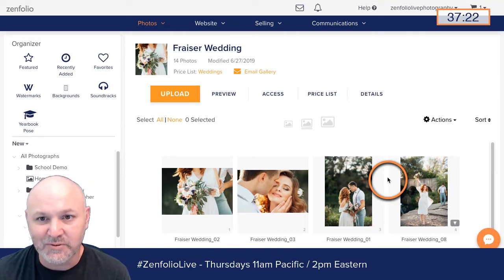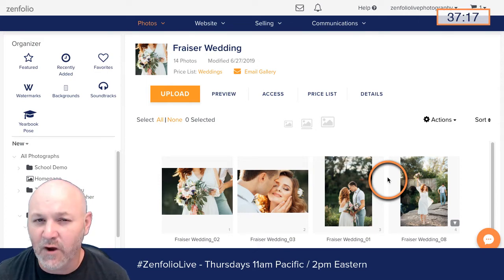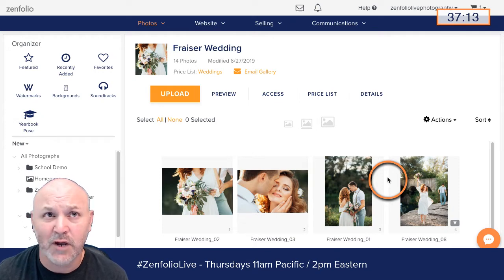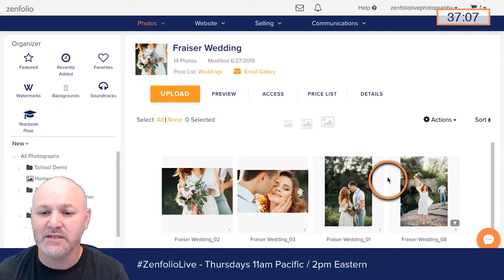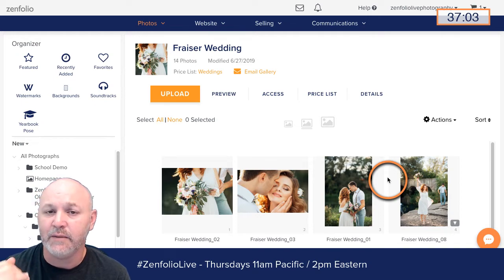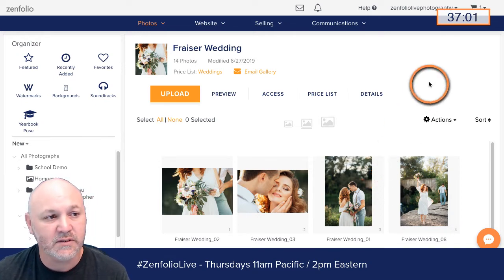a private option, right? So in Google Chrome, it's called an incognito window. In Safari and Firefox, it's called private browsing, private session. Not sure what it's called in Internet Explorer. If you know, let me know in the chat what it's called in Internet Explorer. But the best way to test this gallery out, like a client's going to see it, is doing it in a private or incognito window. So that's what I'm going to do now.